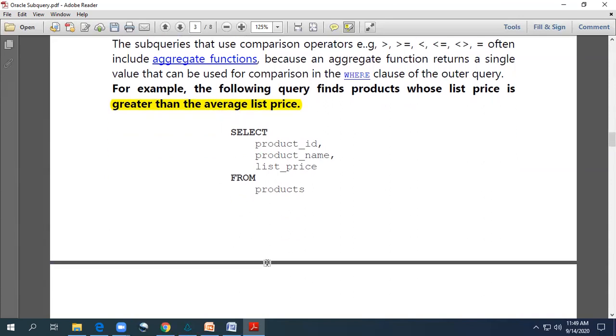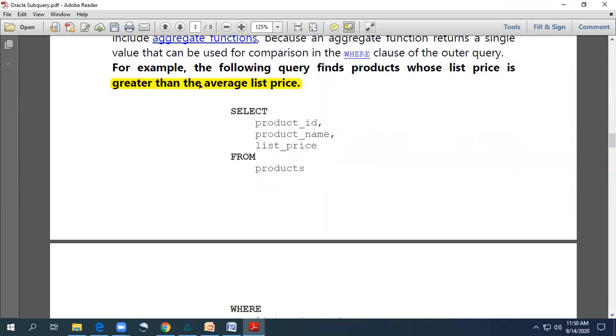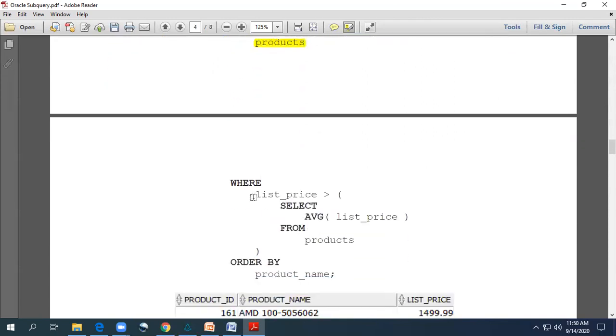Now let us see the solution for this query. The solution is similar to the previous query, only here my comparison operator will be greater than. Select product ID, product name, list price. These are the attributes that we want to display in the result. From product, where product is the name of the table, where list price is greater than. Instead of the equal to sign, now I am using the greater than sign, because I want to display all the products whose list price is greater than the average list price.